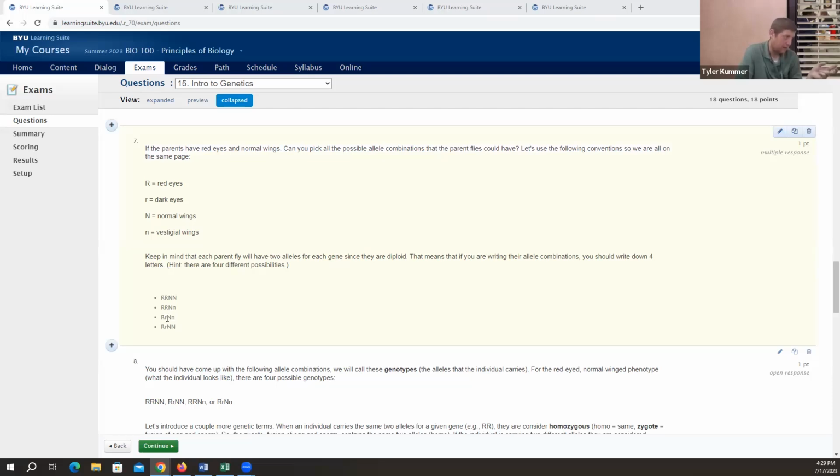You could have the little r with the big N, little r with the little N. Because of that, the way this third genotype plays out, you could have 4 different types of gamete forms, gamete being sperm or egg, from this genotype. That would mean we need 4 columns in our Punnett square for that individual. And so that's the law of independent assortment, that I need to account for